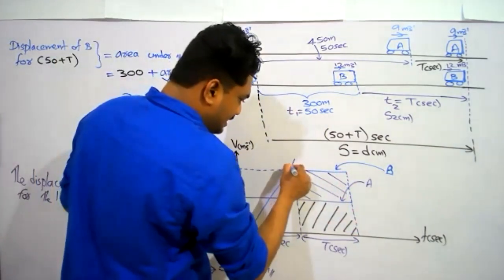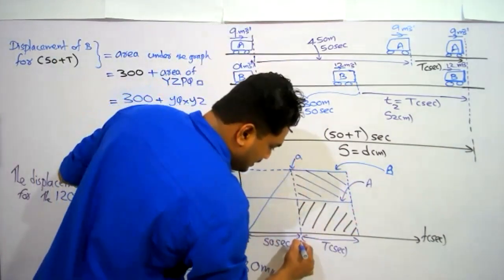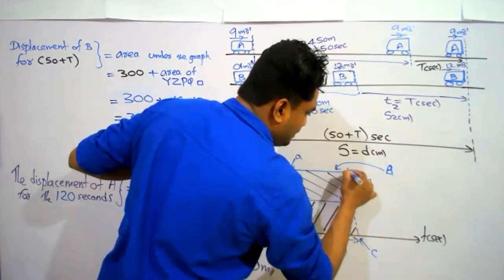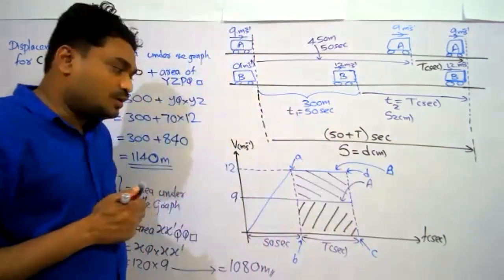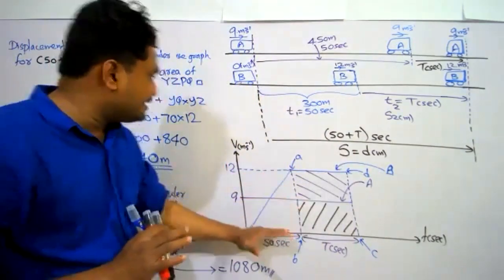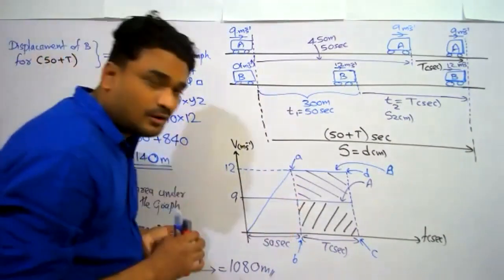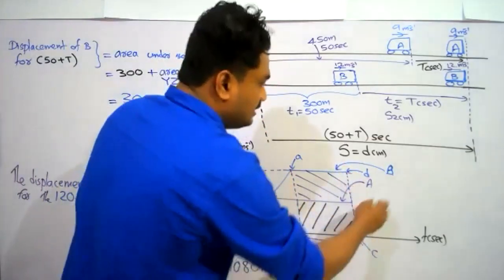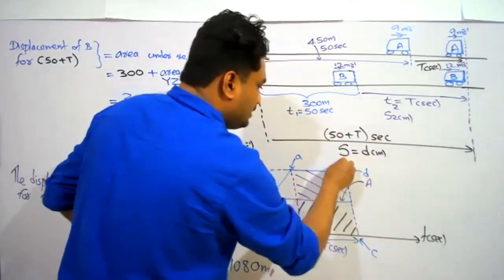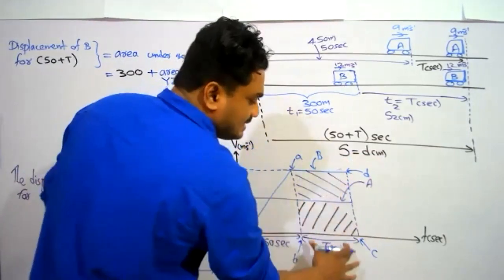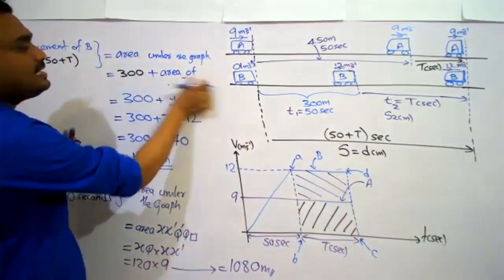Let me name it as simple A, B, C, and D. So listen to me carefully, displacement of B during the first 50 seconds, 300 meters, we have already found it. And the displacement of B vehicle during the next capital T seconds is area of